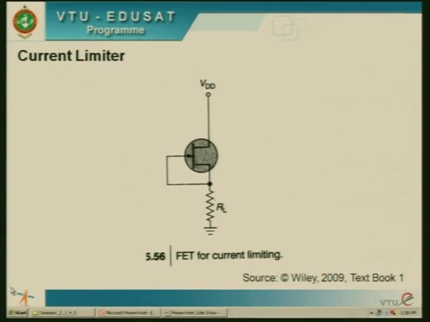Now again, I would like to highlight what we mean by a current limiter. In all our homes, we have what we call MCBs, right? What is the full form of an MCB? Yes, it's a miniature circuit breaker. So what does an MCB basically do? Let us say I have an MCB rated at 20 amperes. As long as the current flowing through the MCB is less than or equal to 20 amperes, it will allow that current to flow. The moment the current goes beyond 20 amperes, it is going to trip or disconnect that circuit, thereby protecting